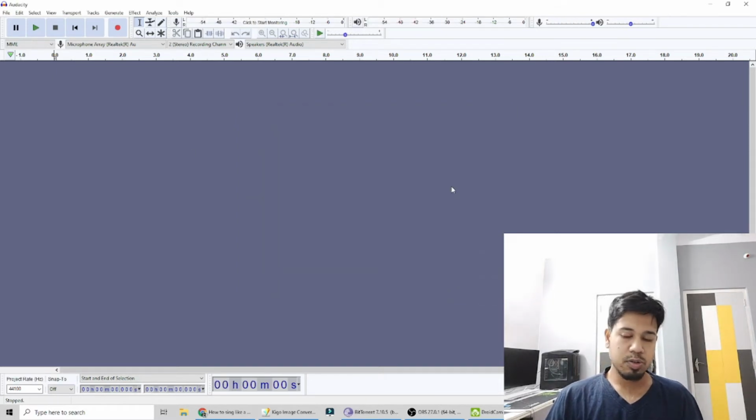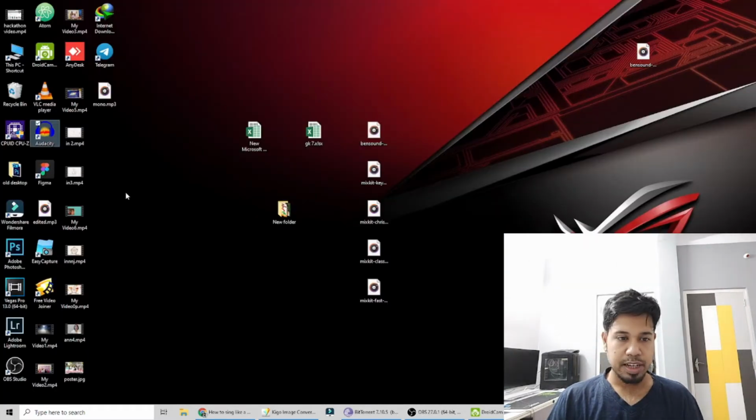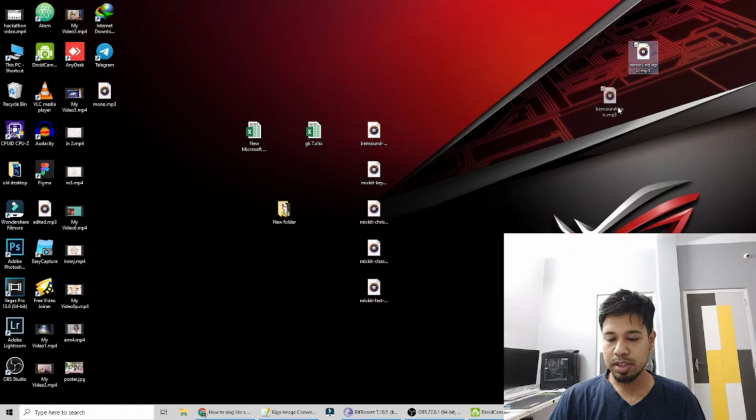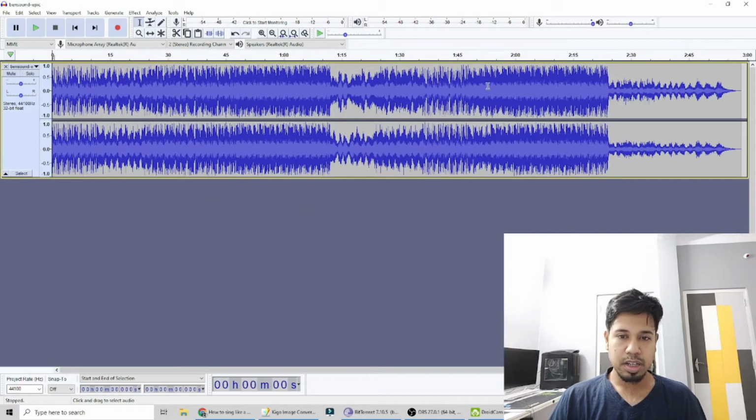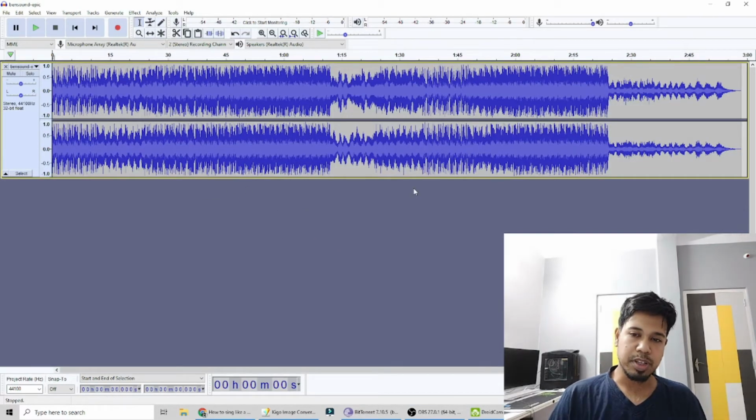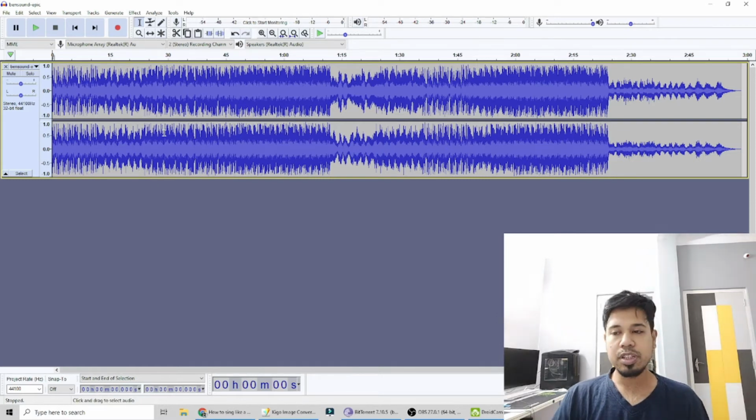After that, to import the file, say we have a file on the desktop. This one is our background music, so we can just click and drag it over here. So this file has come here. Now you can see two tracks. It's not actually two files, it is the same file, left and right. Suppose in your earphone you can hear left and right, so this is the left and this is the right. This is the stereo mode, that is why two sounds are there. Okay, so that's not the concern right now.